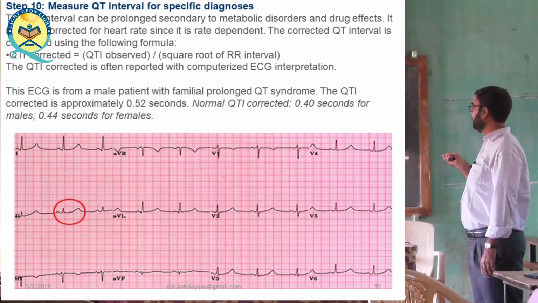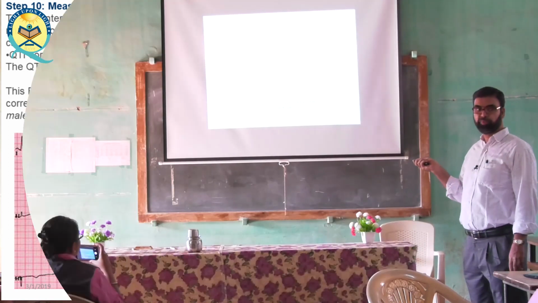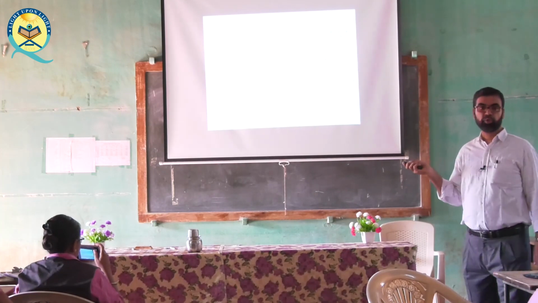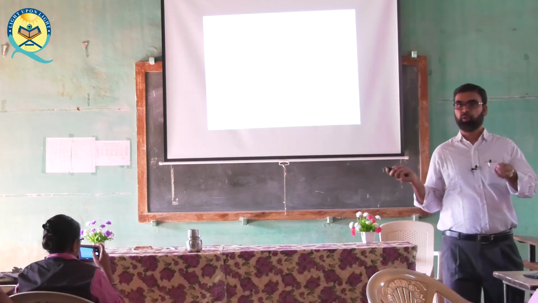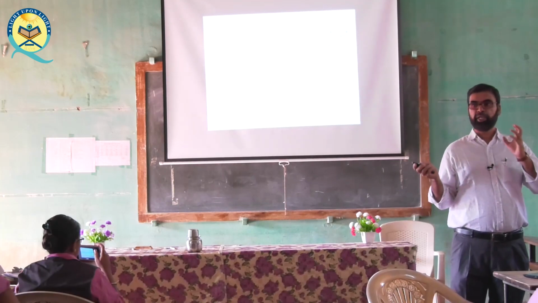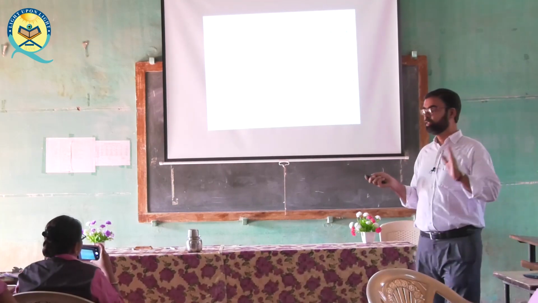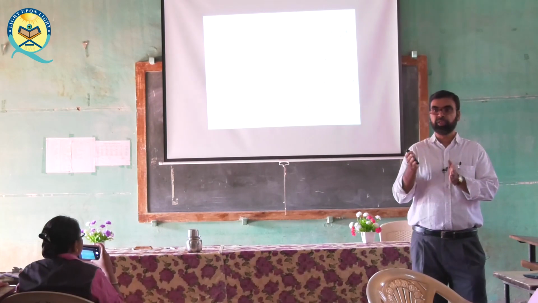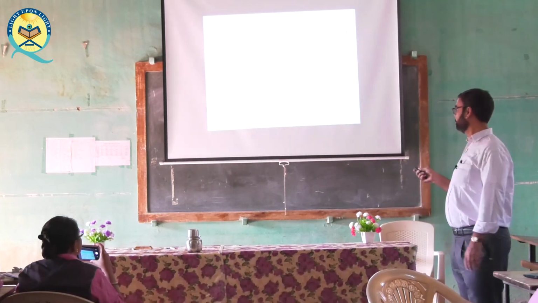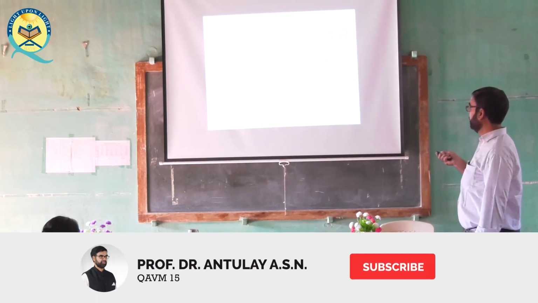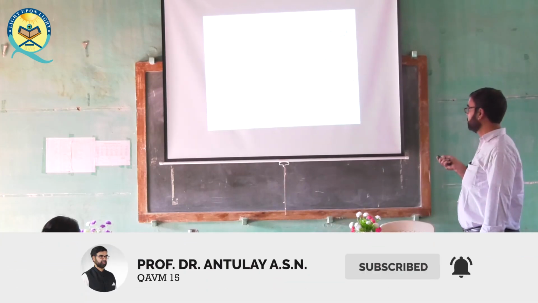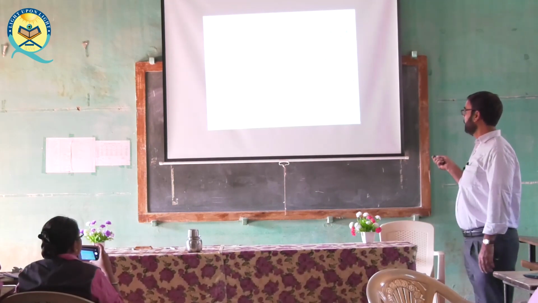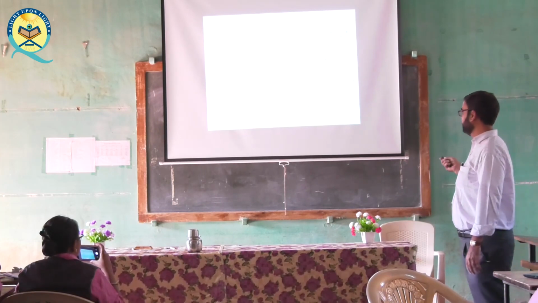Now these are abnormalities: right atrial hypertrophy, left atrial hypertrophy, these are the P wave abnormalities. Normal PR interval should be less than 0.20 second, I had not said this. The PR interval begins from the beginning of the P wave to the beginning of the Q wave. Normal QRS duration is less than 0.12 second that I spoke, and normal QT interval is less than 0.40 seconds.